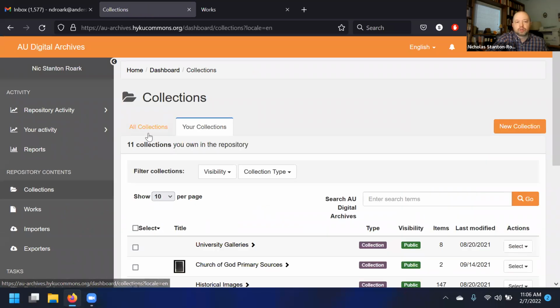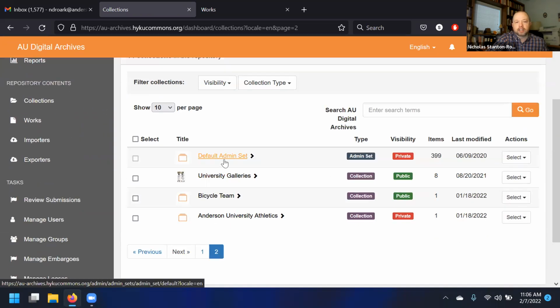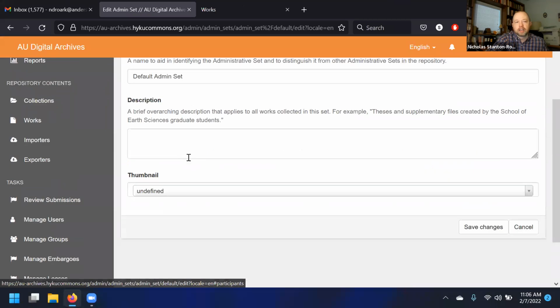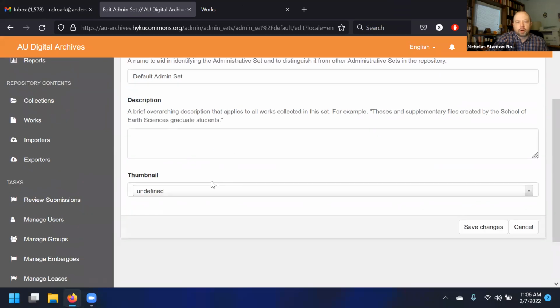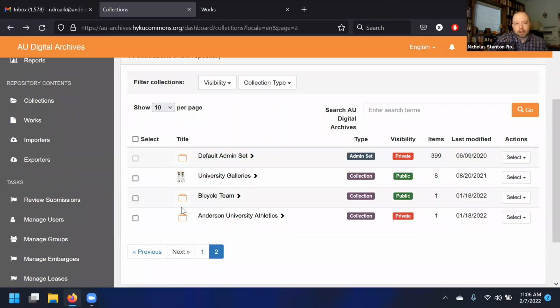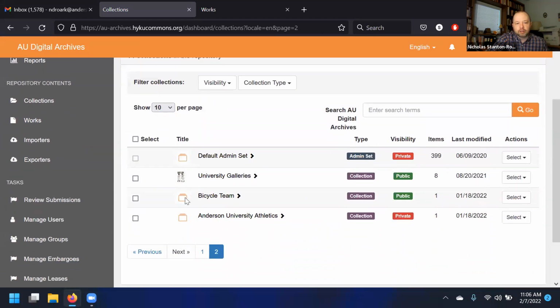So to change what those rules would be, in this case where there is only a single admin set, the default one that comes with the system, if we go to edit this admin set, then first we could change the title if we wanted to. We could add a description if we wanted to. As the default, it doesn't come with a description. And you can see all collections have a little cover image. These all have assigned thumbnails, which is why they're different from the default. And then these three do not have assigned thumbnails, and so they have the assigned default image for the system. So if you wanted to, you could assign a thumbnail